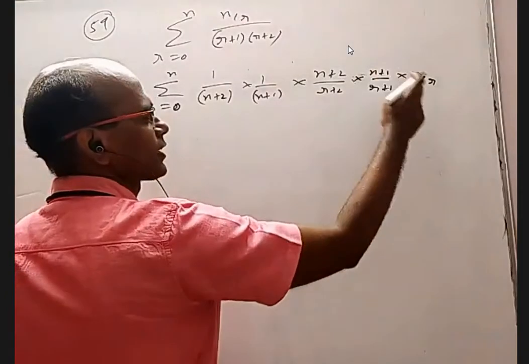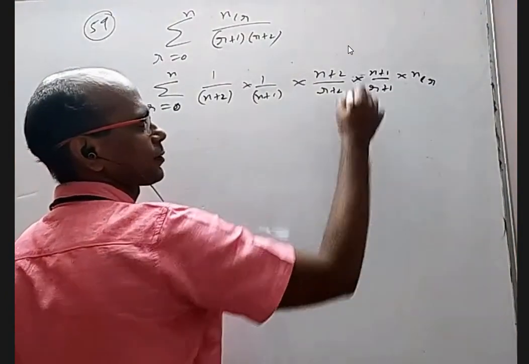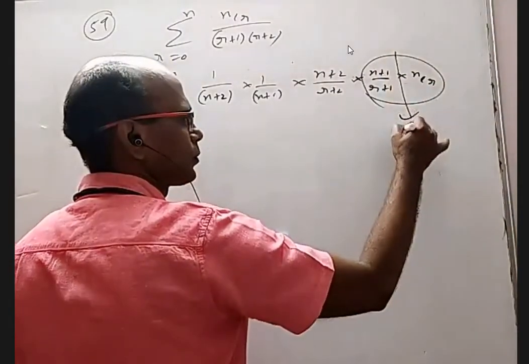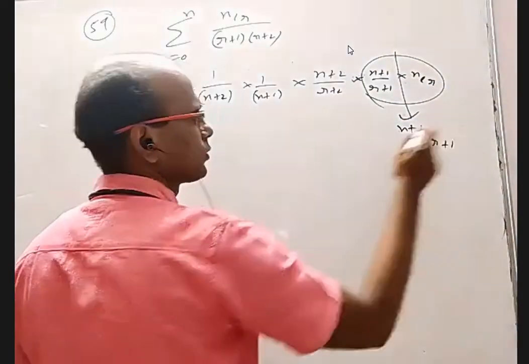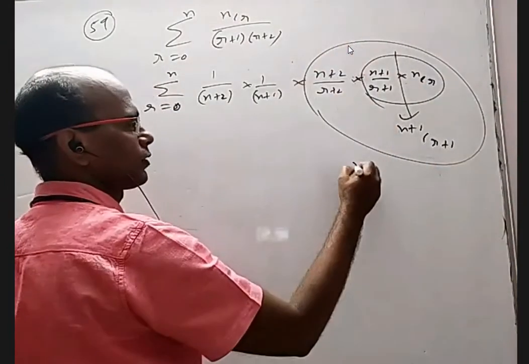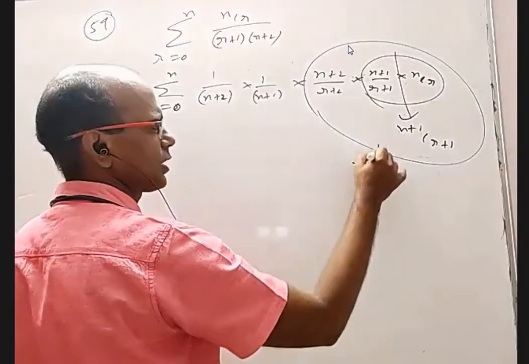Okay, for this there is one extra, and for this one extra. This will become N plus 1 C R plus 1. First this will become N plus 1 C R plus 1. For this there is one extra, for this one extra. So this whole thing will become N plus 2 C R plus 2.